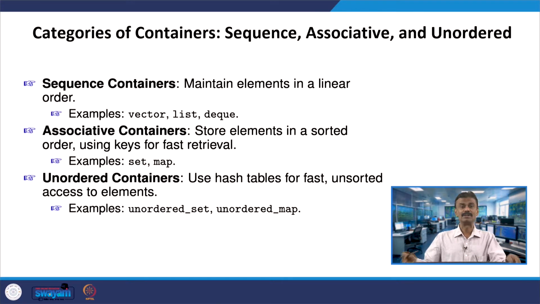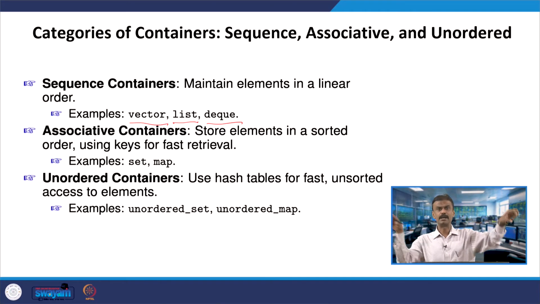So what do you mean by sequence containers? In the previous slide we had seen the explanation for this. When I am talking about vector, list, or deque, a doubly ended queue, these are all sequence containers. That means you can take a list or an array, which are in contiguous memory locations, that is, linear ordering. Vector, list, doubly ended queue, or simply queue, linked list, all are in linear order, so you call them sequence containers.